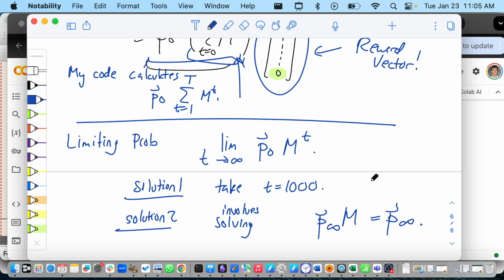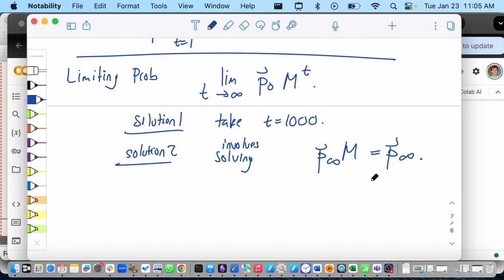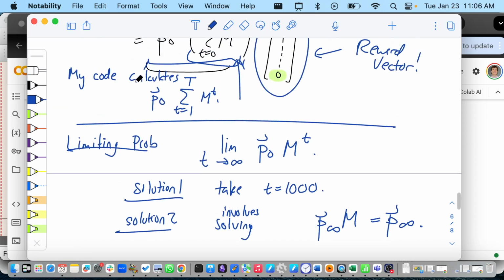And of course, you have to be careful. You can't just put that in the computer. You have to make sure it's a probability vector. And you have to make sure that the limit actually converges to this. Like, if it's irreducible, then it works. So you have to be a little bit careful. But you can get the exact answer without doing a t equals 1,000 by solving some kind of linear system, right? And what I'm going to show you now is that you can do the same thing for this equation.